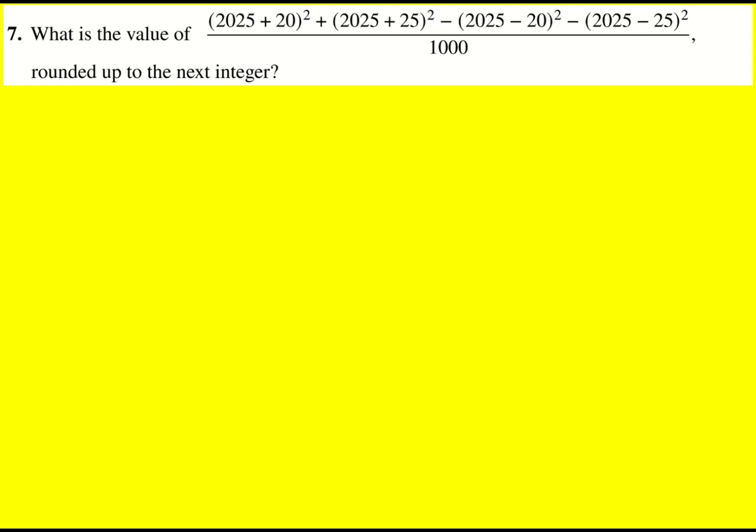I'm going to go through this question in two different ways. The first is to notice that we essentially have difference of two squares. Actually, we've got two pairs of difference of two squares. So if we write down 2045 squared, and then let's do the plus 2050 squared minus 2005 squared minus 2000